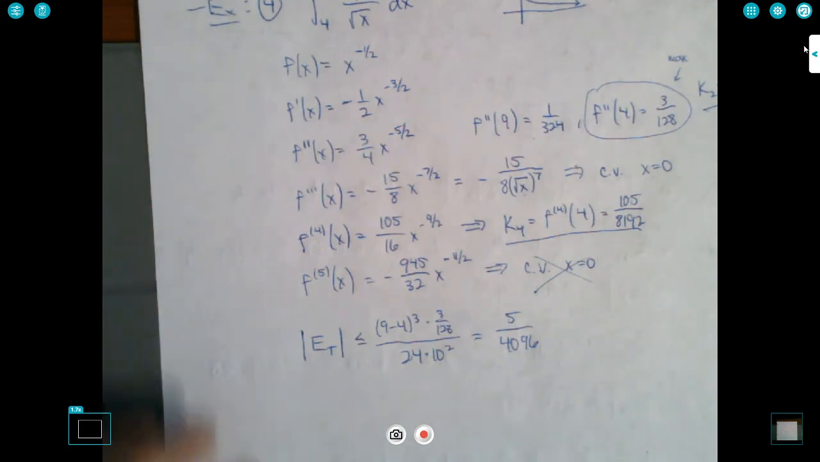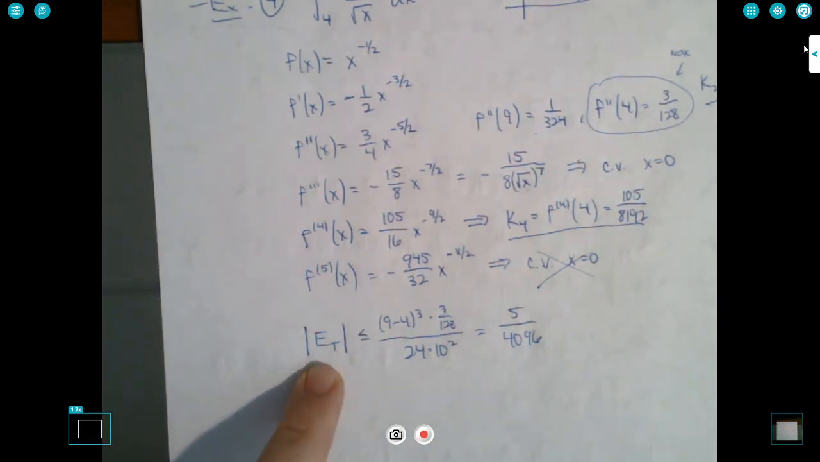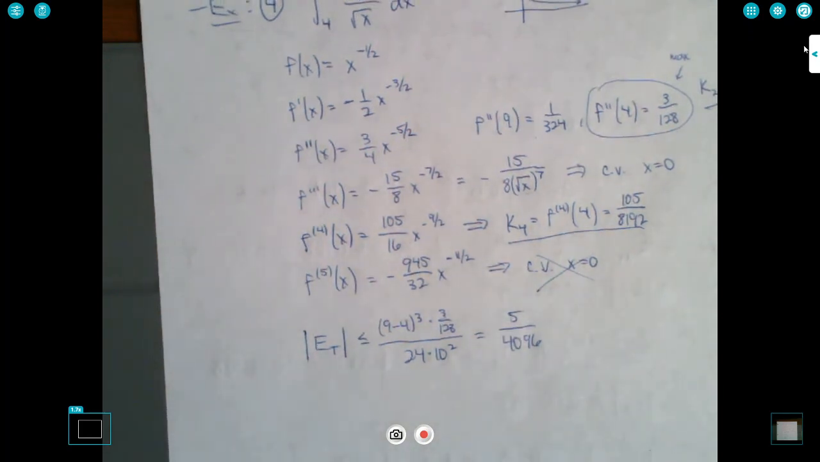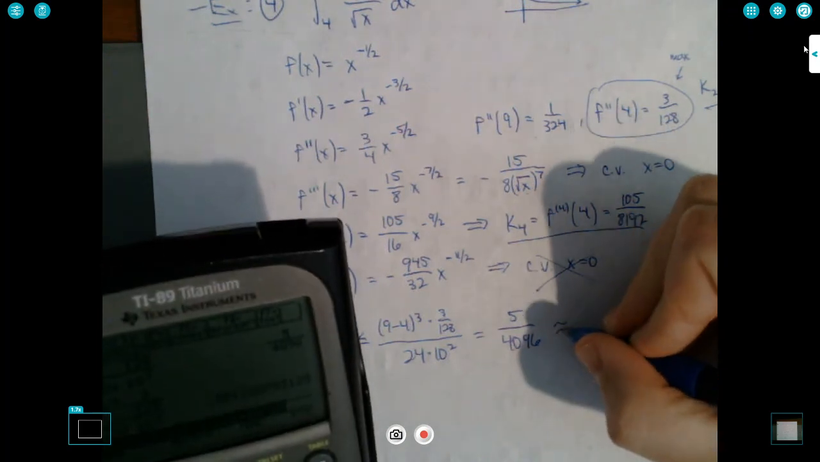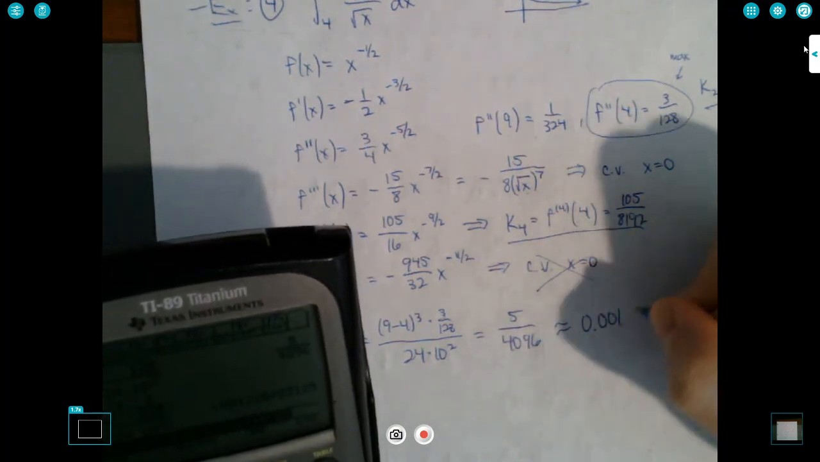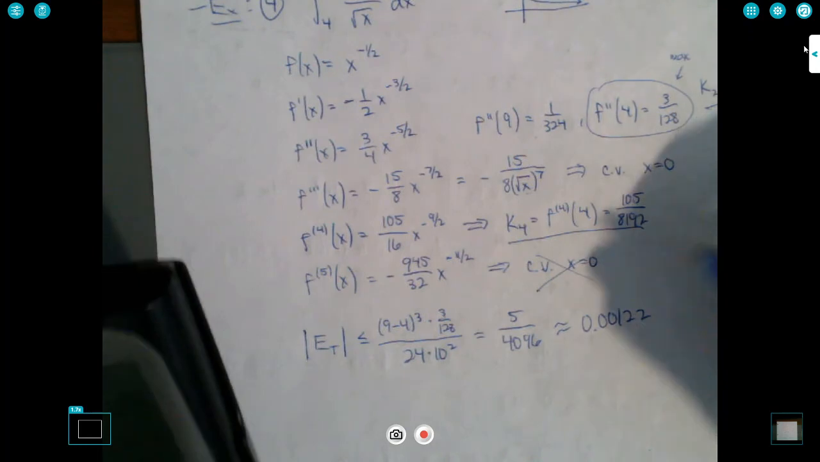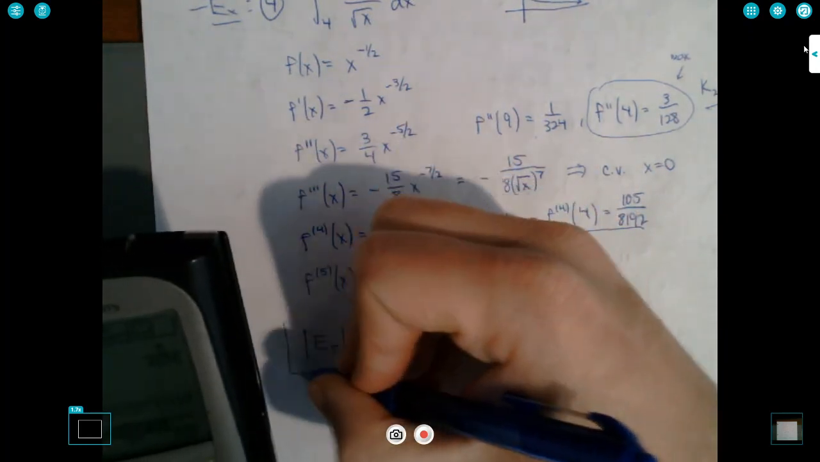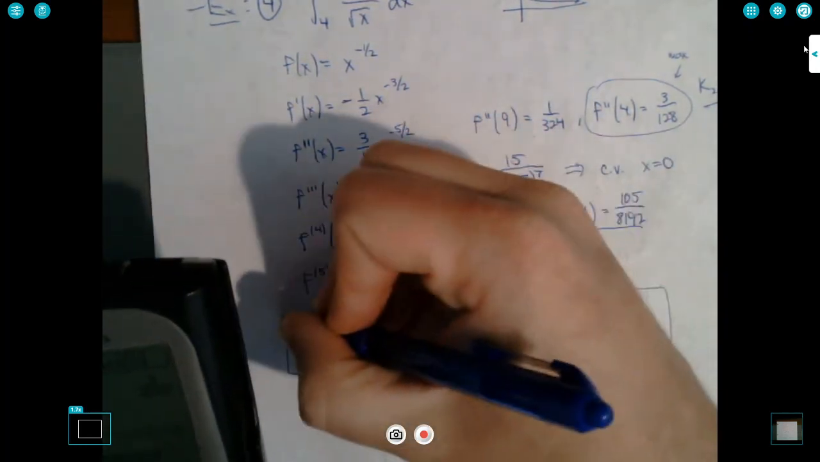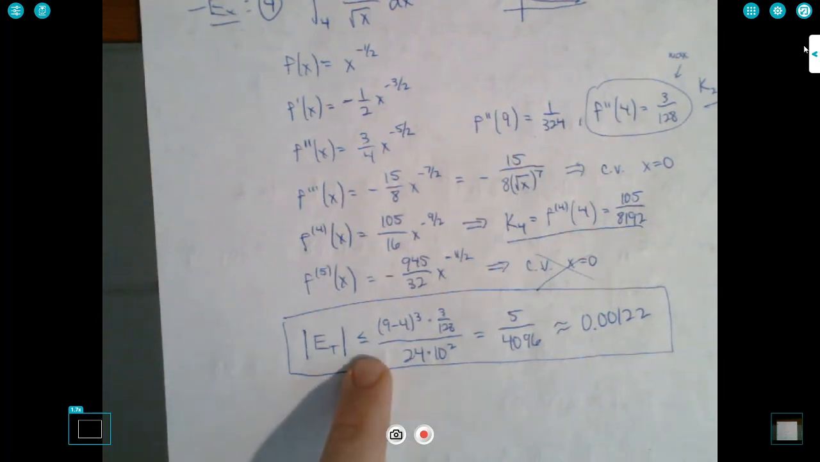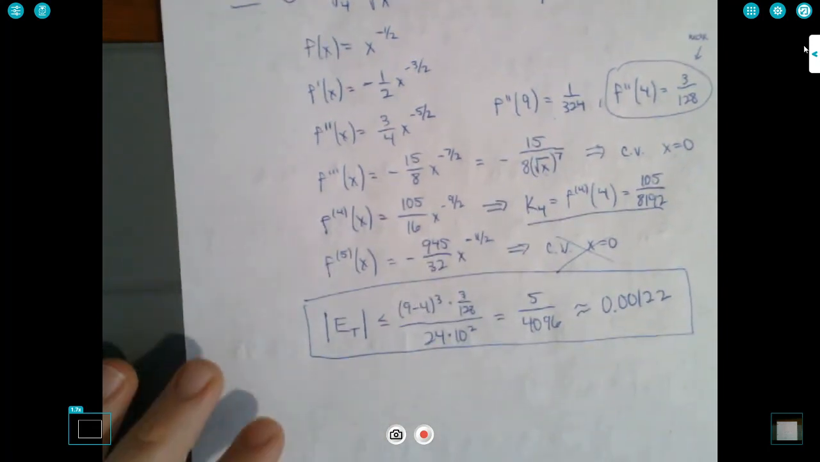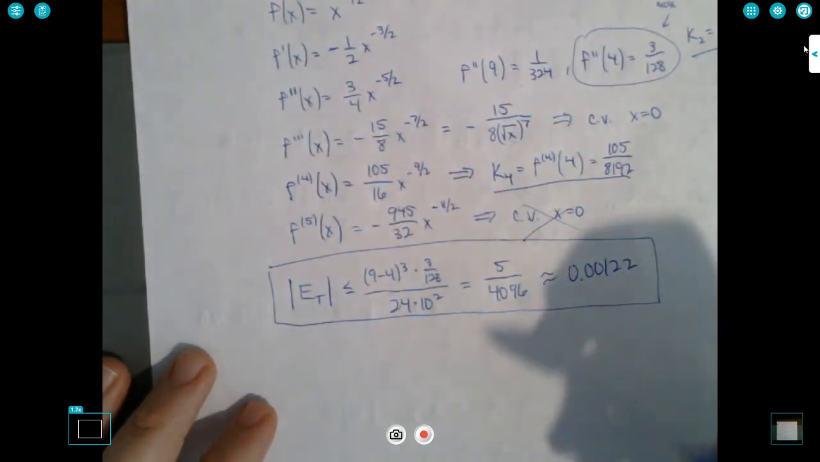Okay. So I know that the error for my trapezoidal rule is going to be less than or equal to this number, which, by the way, is approximately 0.00122. So it's going to be less than or equal to this number. Cool. All right. For Simpson's rule,